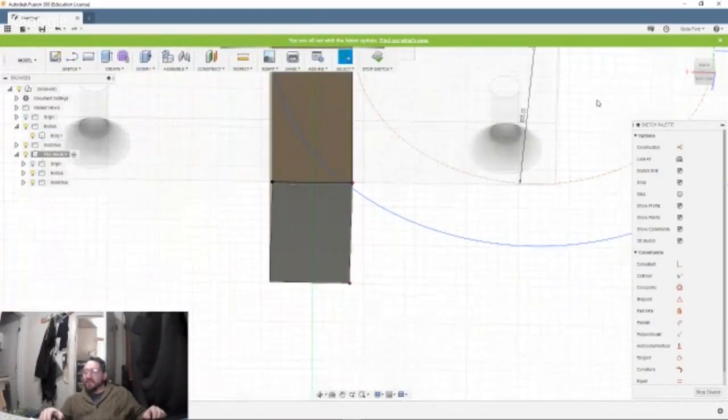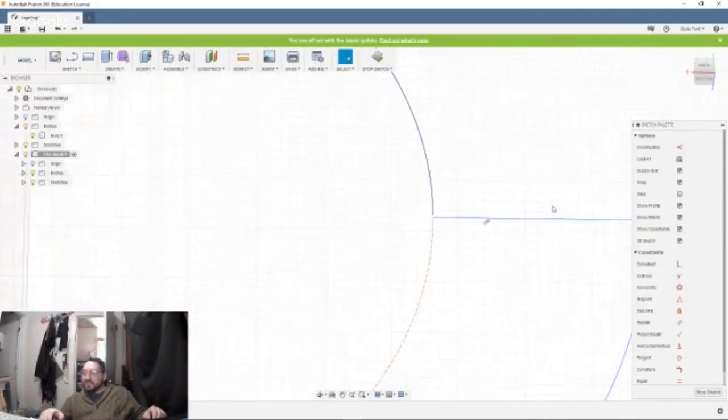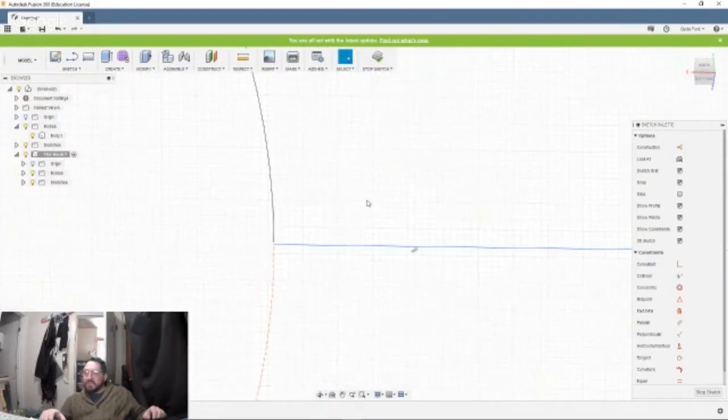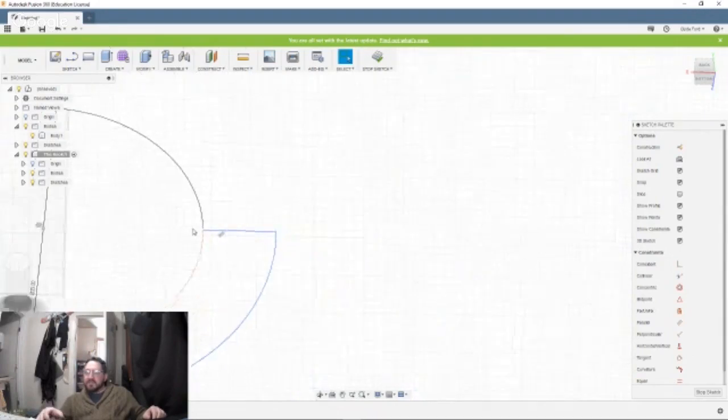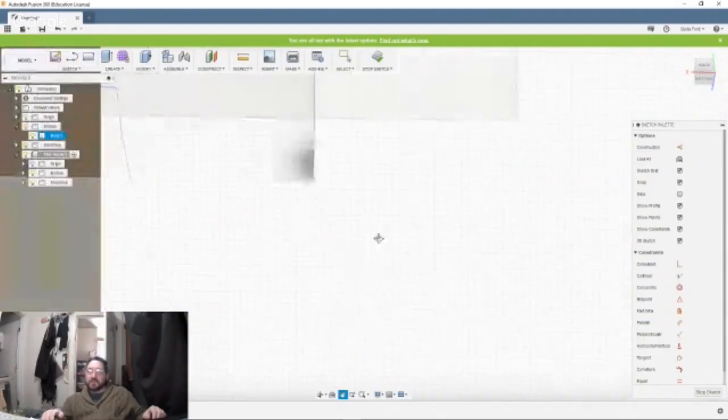Oops. Zoom way out. Too far, too far. That's all right. You should be good there. That should auto repair. That's just a measurement link. Sweep. Swoop. I like a swoop.